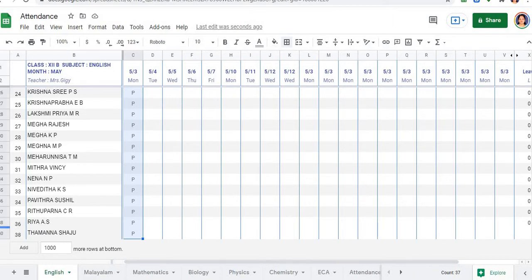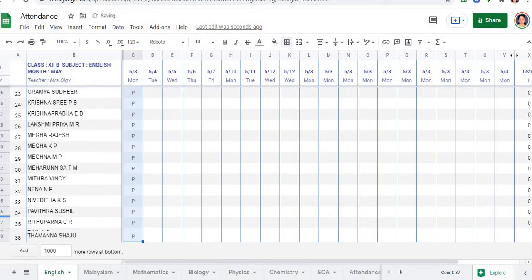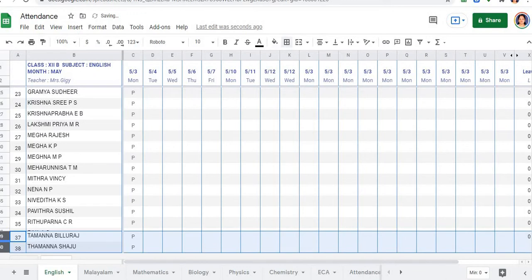Now I do find a small error over here after 36. One of my rows is hidden here. You can find two arrows. If you find two arrows like this, it means one box is hidden. You can pull this, accordingly pull this. Now even the 36 got hidden. You can pull this down.